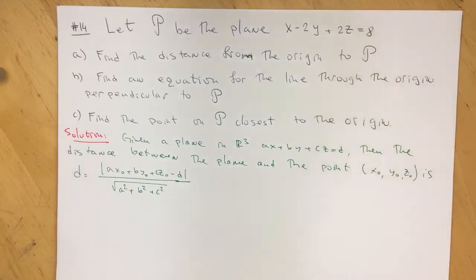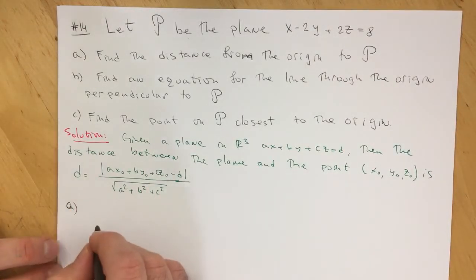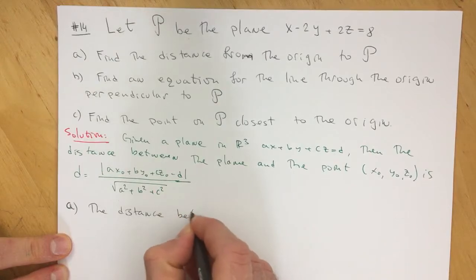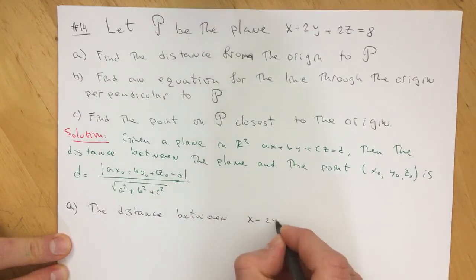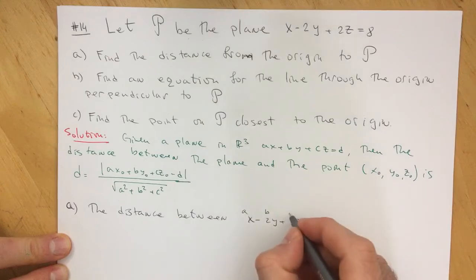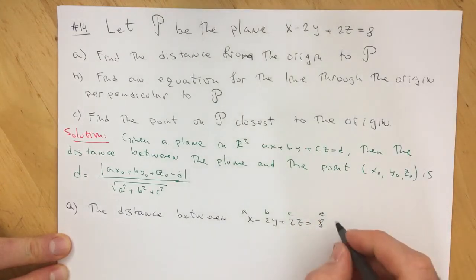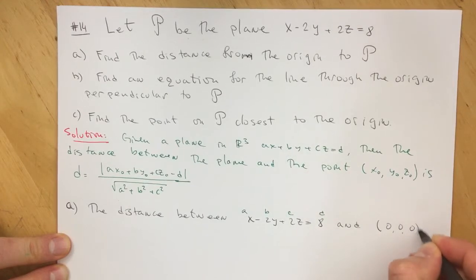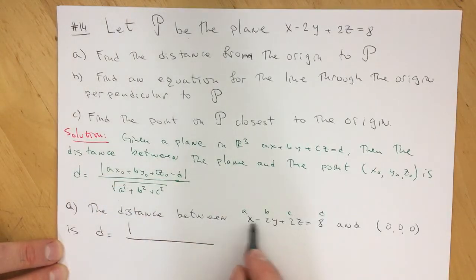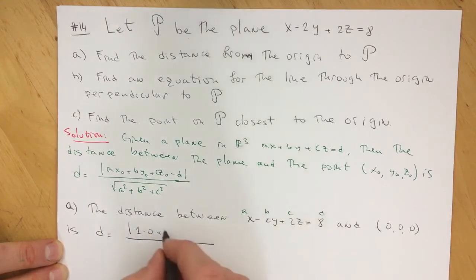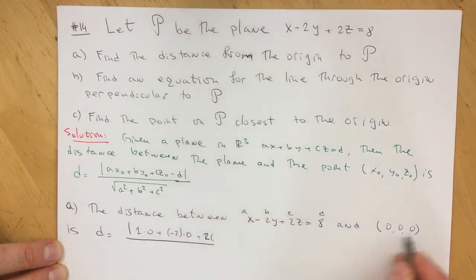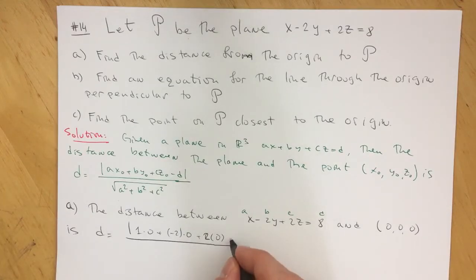Okay, well, what do we have then for a? We're looking for the distance between x minus 2y plus 2z is equal to 8, which a would be 1, b is negative 2, c is 2, and d is 8, and the origin is described as 0, 0, 0. I just apply this formula. So absolute value of a is 1 times x, so 1 times 0, plus b, negative 2 times 0, plus c, how much is c? 2 times 0, right? Minus 8